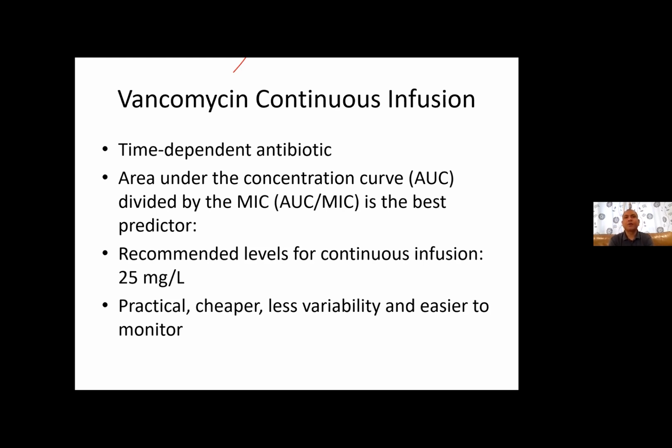So for a good going coagulase negative or Staphylococcus aureus infection, you require more than 10, but normally we would say more than 15 is ideal, milligram per liter of vancomycin. But to avoid all those complications, we introduced vancomycin continuous infusion, which is very practical. It is cheaper because less nursing time is spent. There is much less variability in the level that we achieve, and the levels are very, very easy to monitor